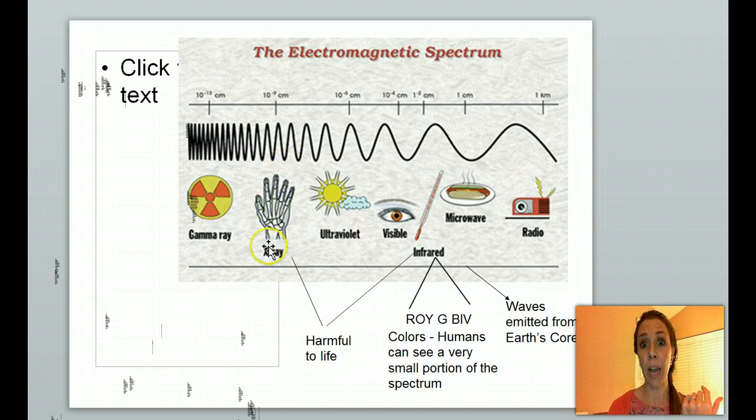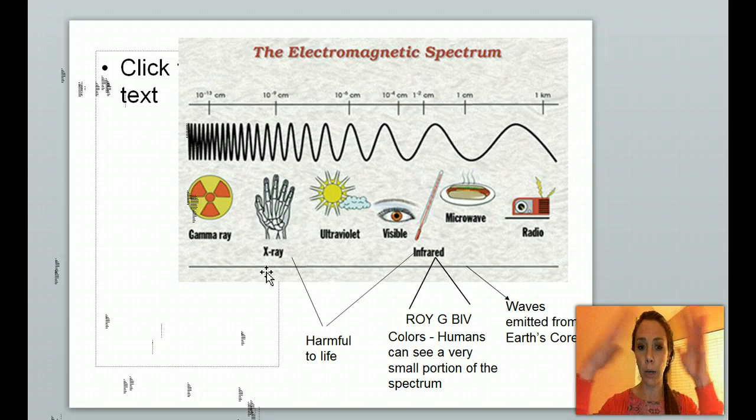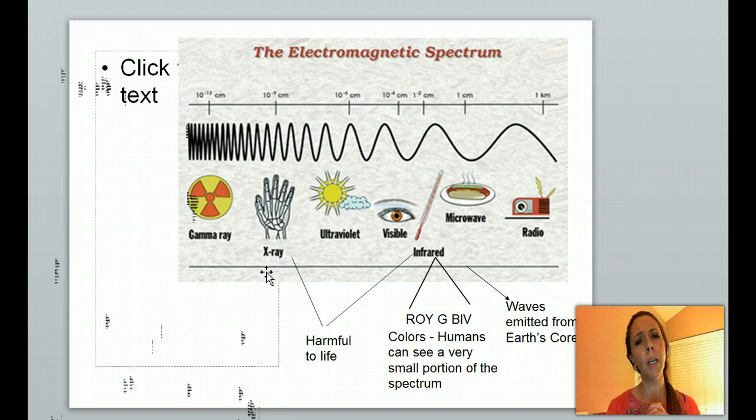Think about anytime you've had an x-ray, you have to wear protective gear except over the area that's going to be photographed, and the technician hides behind the corner because they don't want to get hurt, right? So backing up again, all of these are released from our sun. Our Earth has a very unique core. It's got an iron core, and it actually creates a magnetic field that protects us from these really harmful waves. And then other components of our atmosphere that we'll learn about are also protecting us from these waves, okay?